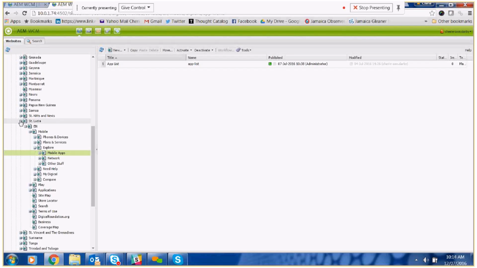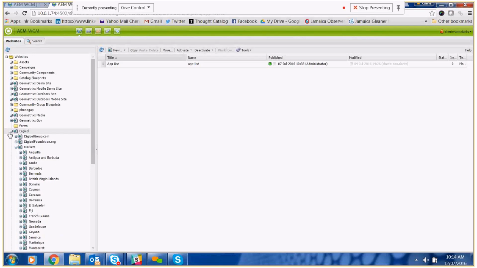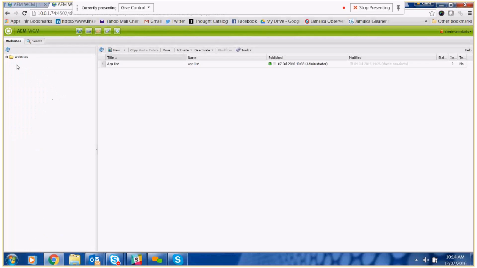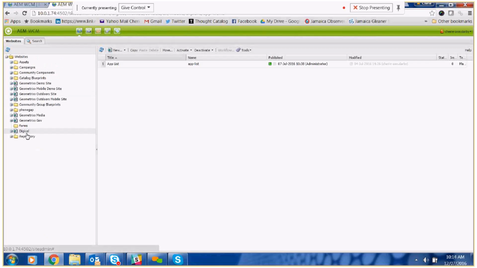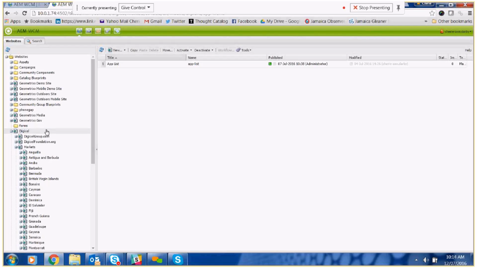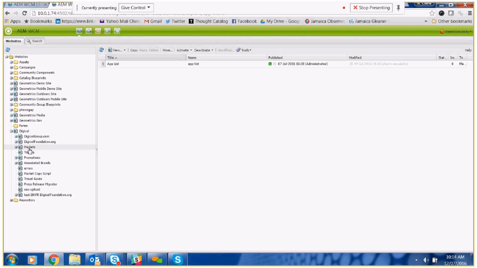All right, so what we're going to do now is navigate to promotions. So, websites, we're going back to our website structure, and we're looking for promotions. Now remember, promotions is under Digicel, and it's going to look a little bit different for you, but just remember where it is. So you're going to open up Digicel. You're going to open up promotions. And then once again,